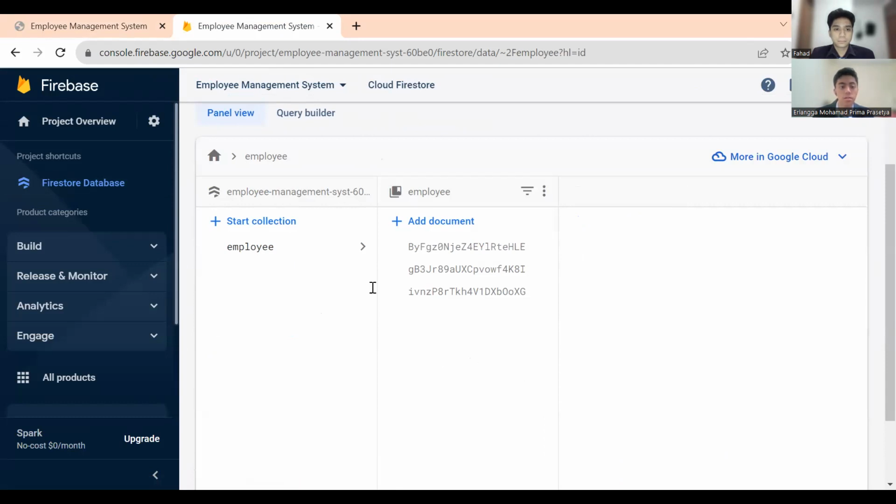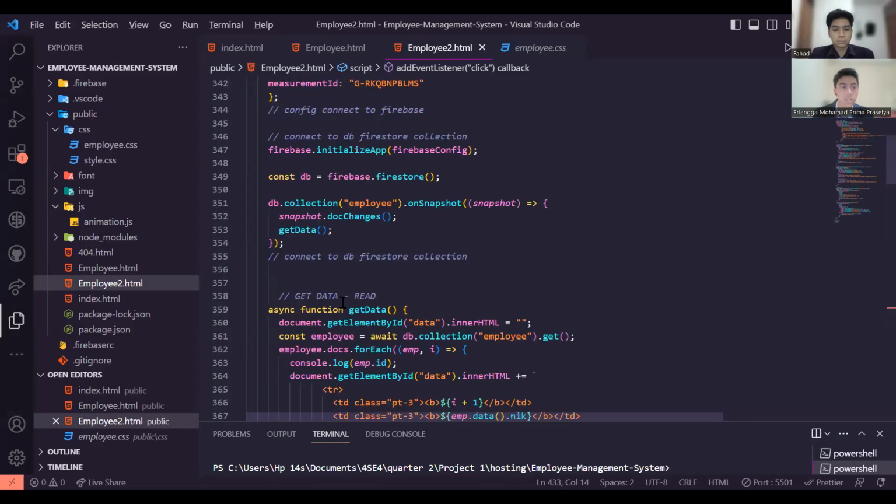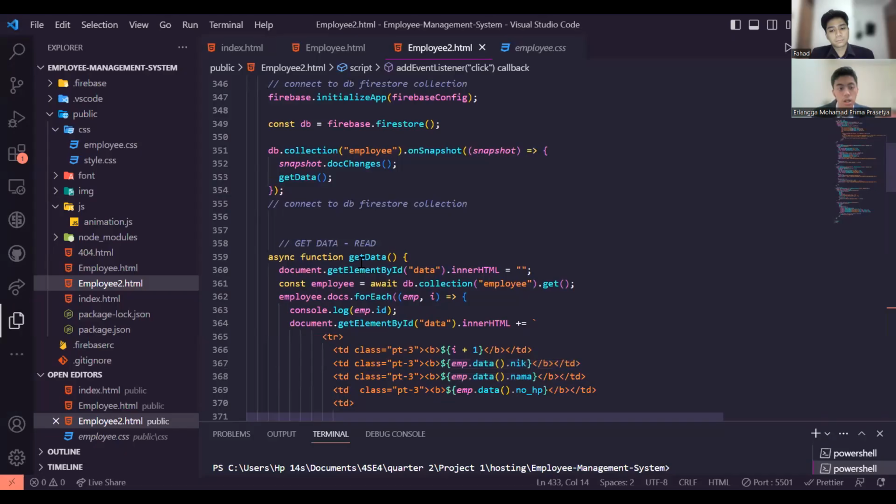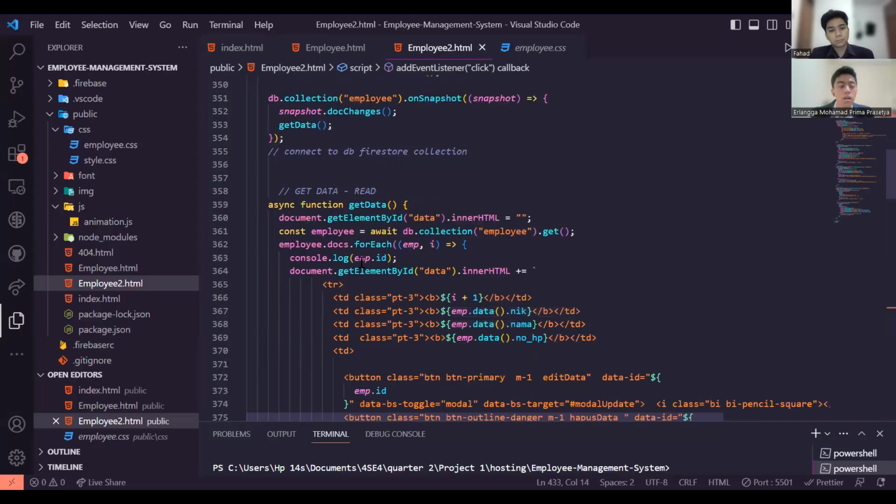After that, in the website for the view or display in the HTML, we must fetch data from JavaScript to Firebase, and we use the function get data and get element by ID from the HTML ID for the inner HTML, and the constant employee DB collection employee for the Firebase,